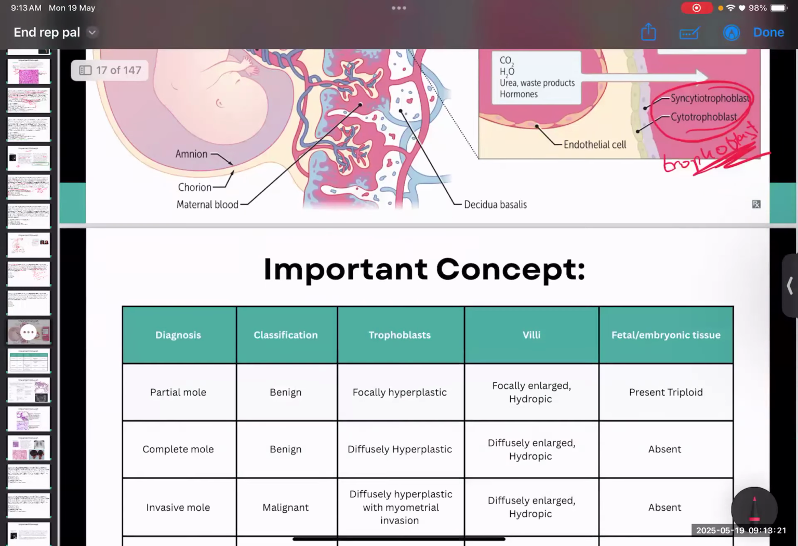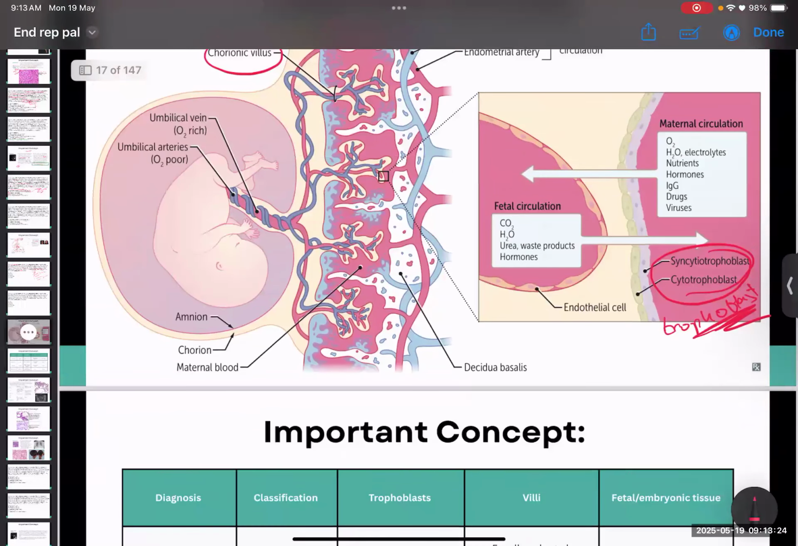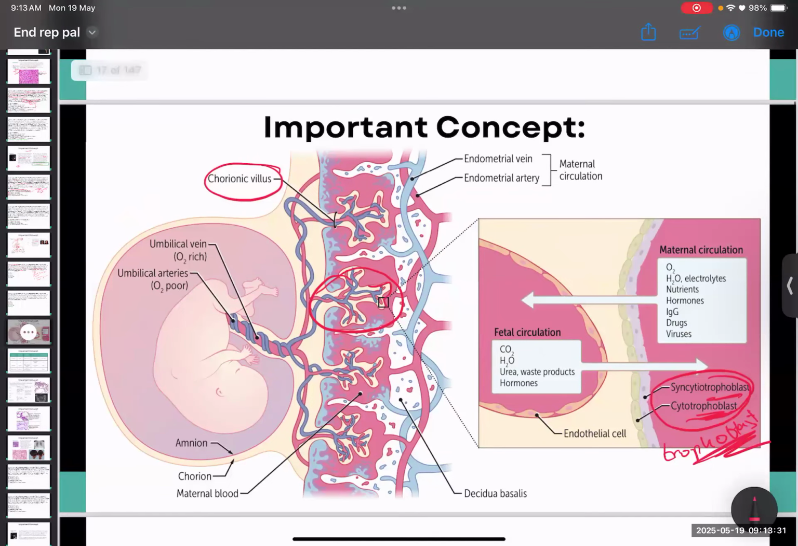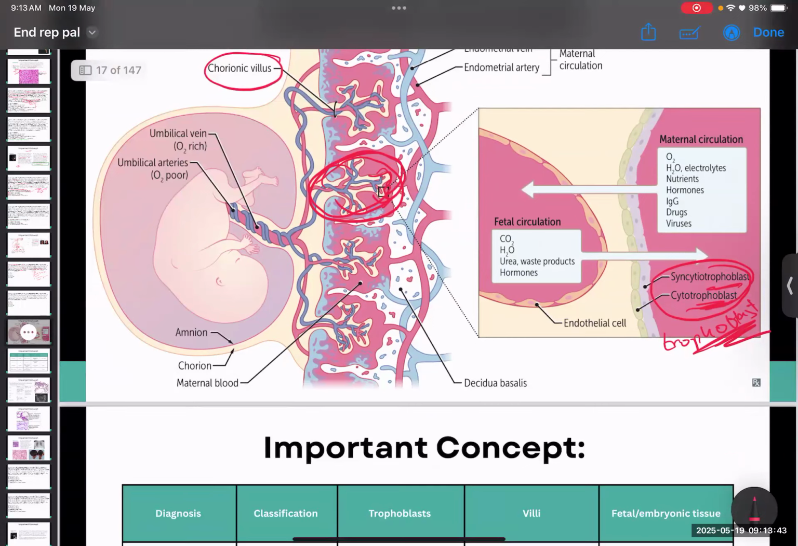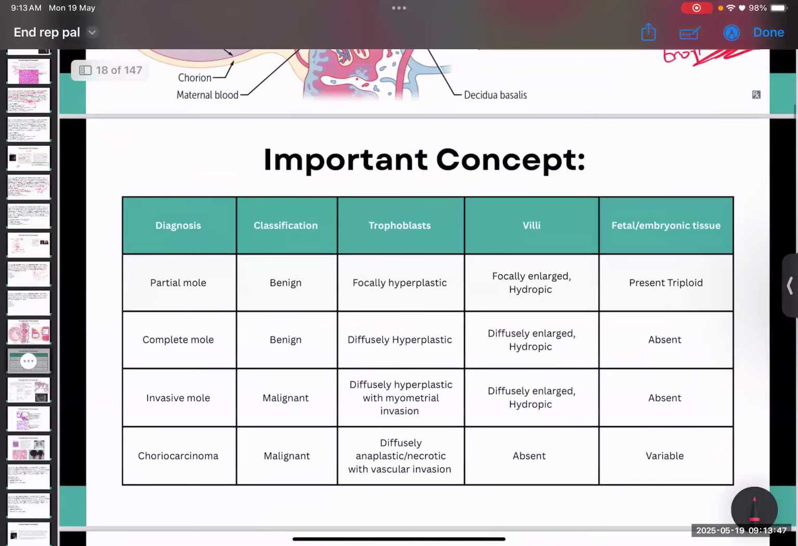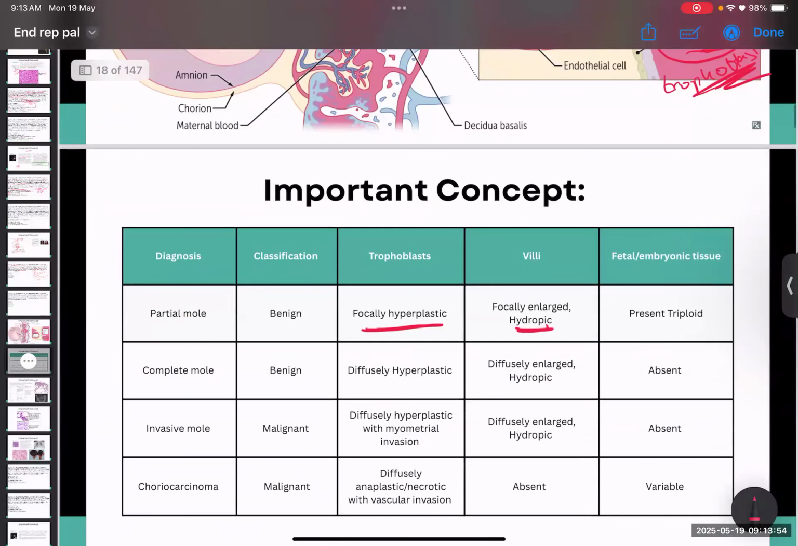Okay, so in partial moles, what happens is that these trophoblasts are going to, only a section. So this is one chorionic villi, right? So only these trophoblasts, for example, are going to undergo hyperplasia. And when they undergo hyperplasia, naturally, this villi is going to be enlarged and hydropic. But it's only this section of the placenta that's undergoing hyperplasia. The rest of it's fine. So in partial mole, usually the trophoblasts are focally hyperplastic and focally enlarged villi, and the fetal or embryonic tissue